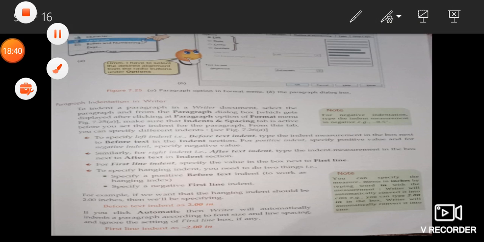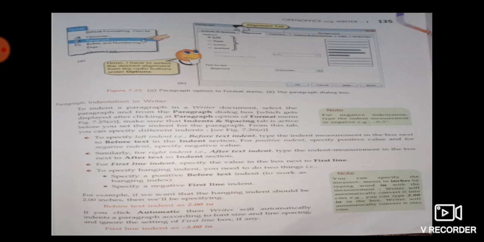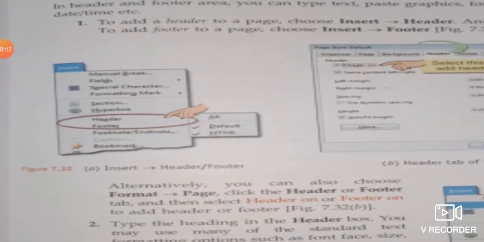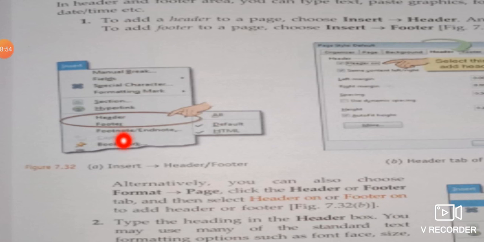Okay, and how will we insert headers and footers? For this, first you will click on the insert menu, and there you will find the option for inserting headers. Or you can click on the format menu, and this type of drop down will appear. From here you can choose the header and footer option. And if you click on default,